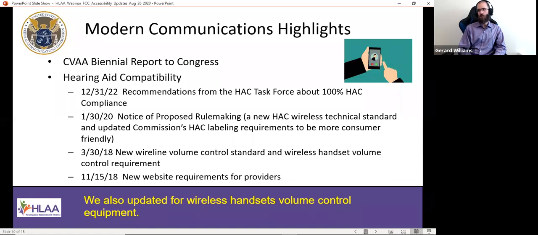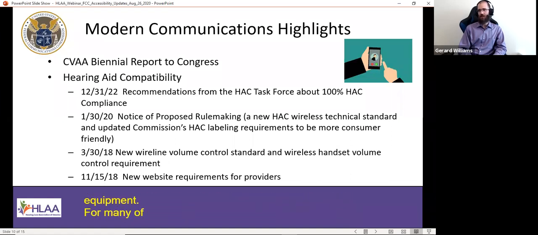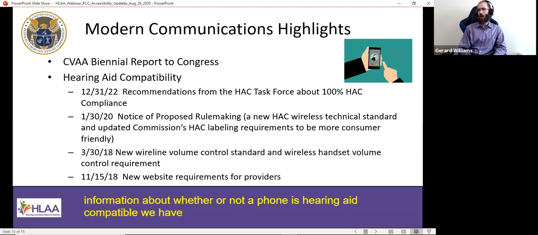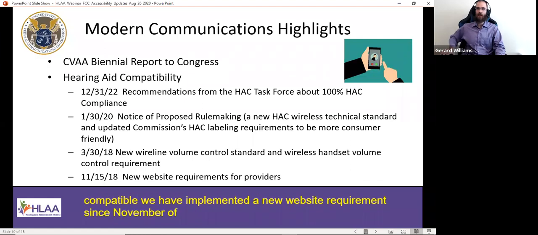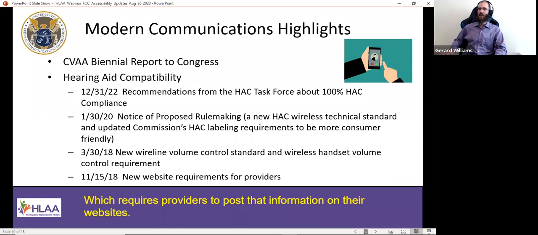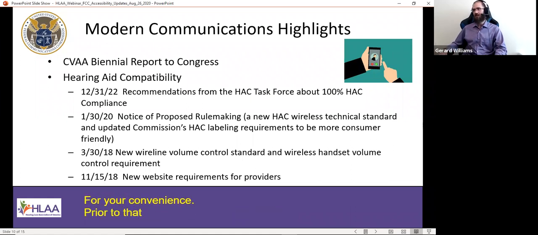For many of you who have found that it's hard to get information about whether or not a phone is hearing aid compatible, we have implemented a new website requirement since November of 2018, which requires providers to post that information on their websites for your convenience. Prior to that, they simply filed reports to the FCC. So that's what makes this a little bit more transparent.